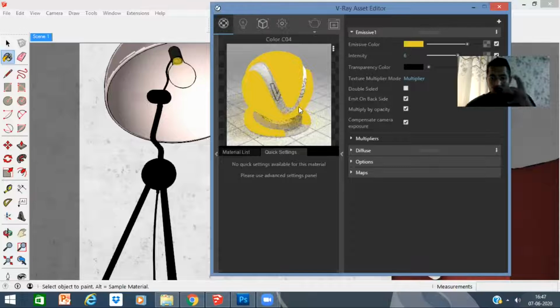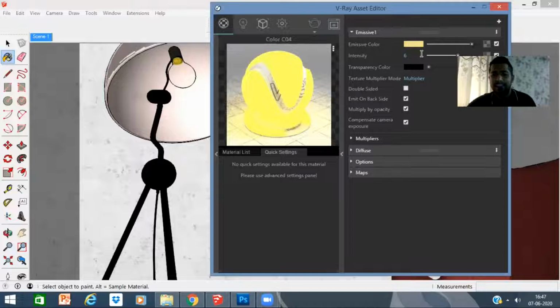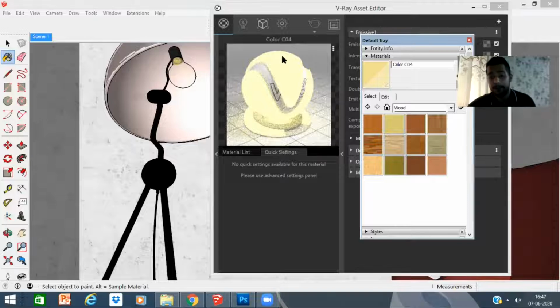All right, so this will basically give this yellow setting to it, but I'll go ahead and select a little lighter color, and 6 intensity is too much. You have to understand, even a little bit of intensity will give a good light over there. Okay, because we have used this so much, we have an idea of what is going to happen with the entire settings when we provide it, right?